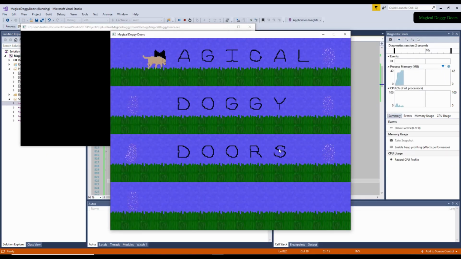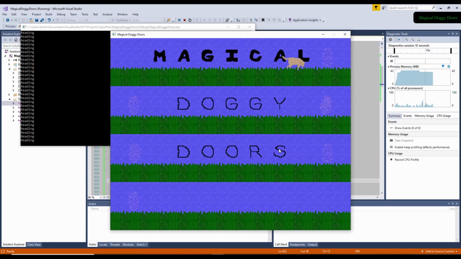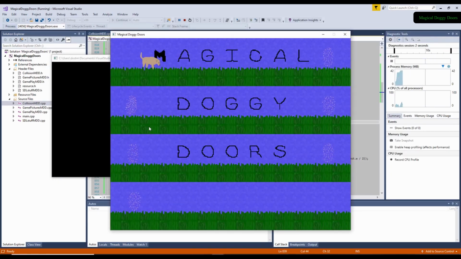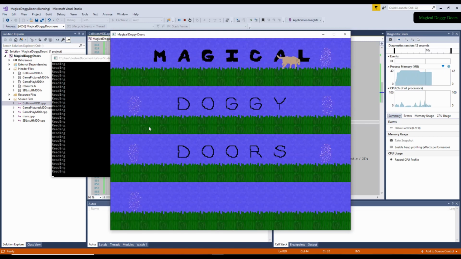He walks along, and as he moves by each letter, it changes thickness. Once he reaches the sparkle door, he flashes a few times and moves to the next door. Then he continues to walk along the letters, changing the thickness. This all does what I want it to, but I realize there is one more thing I need to add